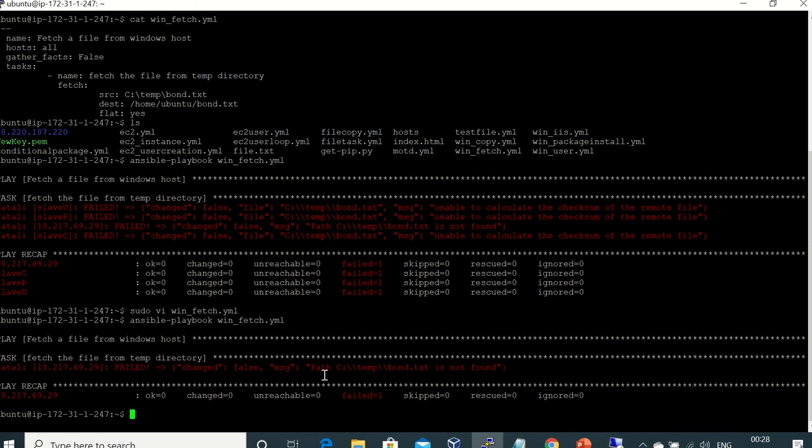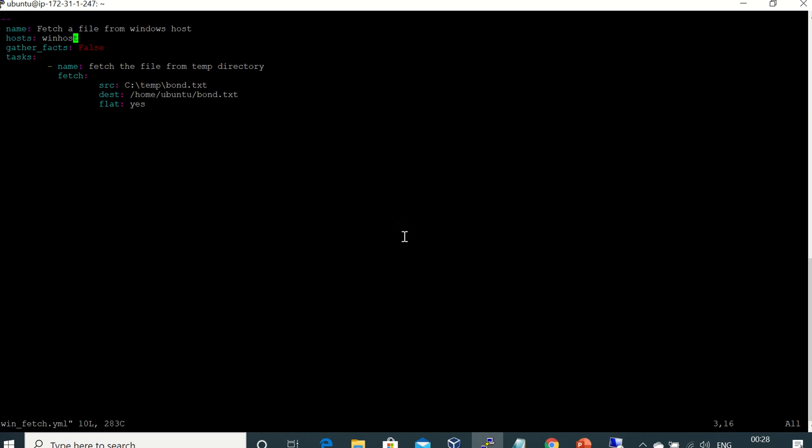Okay, what does it say? It says the path C:\temp\bond.txt is not found. I think I know where the error is.